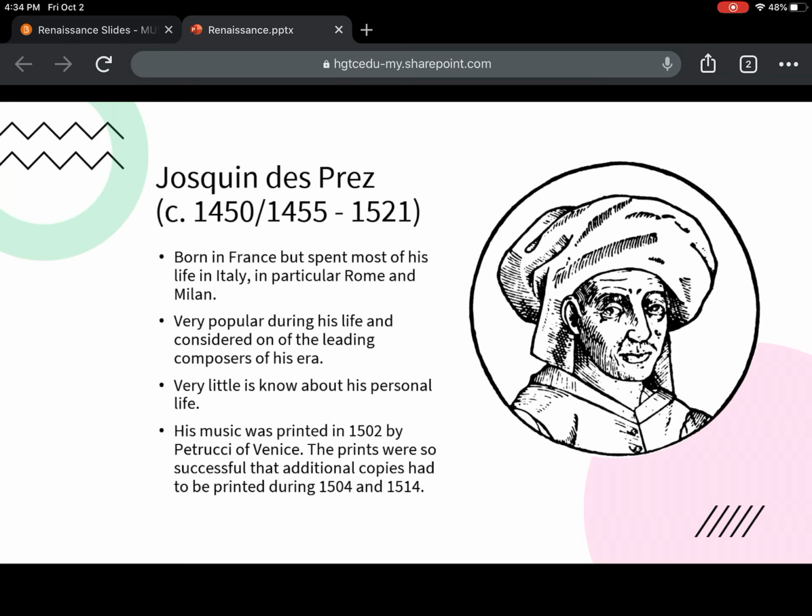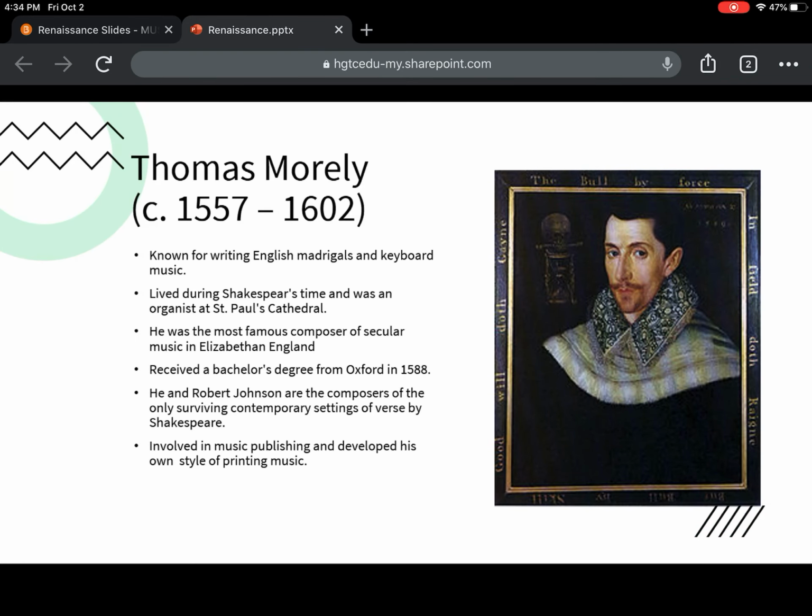Music printing was a very new thing at this time, and also a very expensive thing at this time, and so often only the richest folks were getting access to new printed material, and only the most educated could read it or decipher it to begin with, and so it was pretty notable that Josquin had multiple copies of his music printed in multiple years. That just goes to show what a popular guy he was.